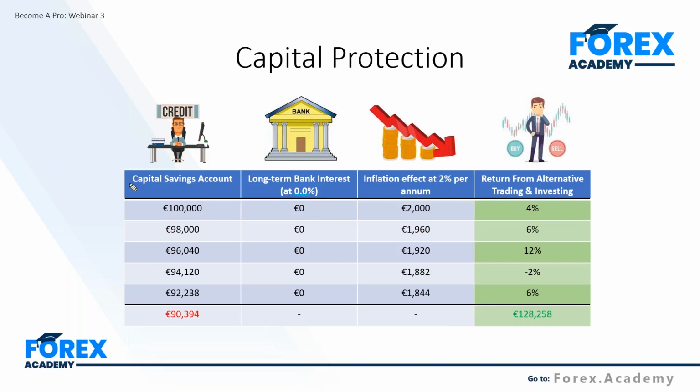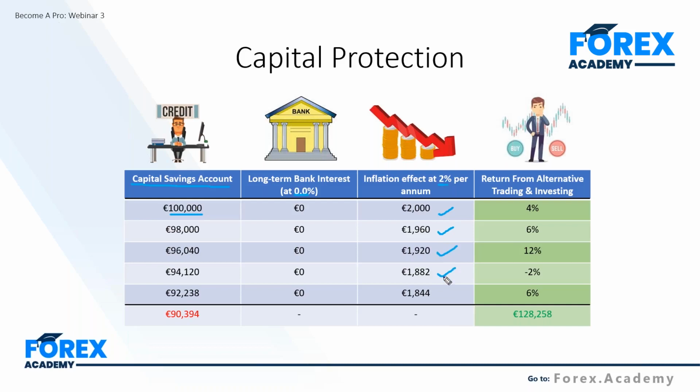So this is our hypothetical savings account here, the capital savings account with Bank A. Okay, we decide to save up some money, and we are starting the savings account here from year one at 100,000 euros. Now because that's effectively offering no interest on the capital, we know that inflation effectively is at 2%. And that's certainly the central bank target as well. So effectively, the erosion of our wealth over that time is a compounding 2% per year. So within year one, it's 2%. Within our 98,000, of course, from year one to year two, it's 1,900, 1,920, 1,882, and